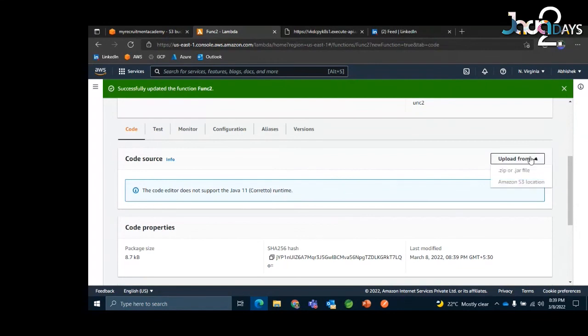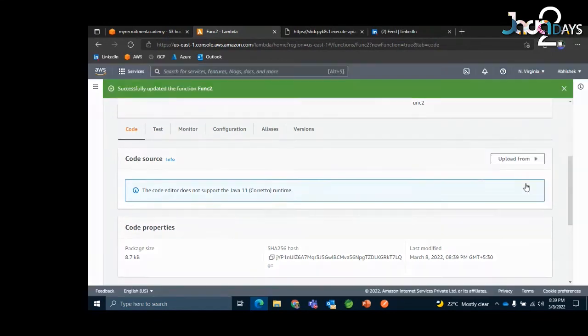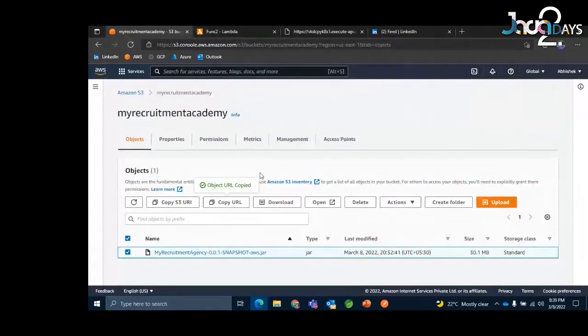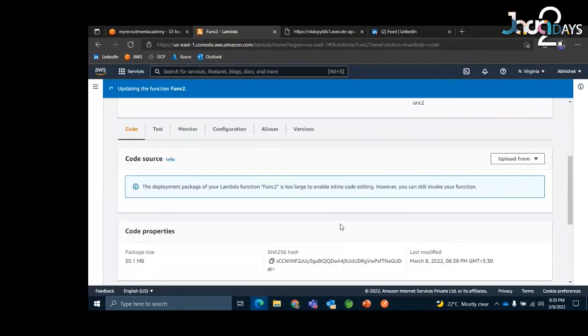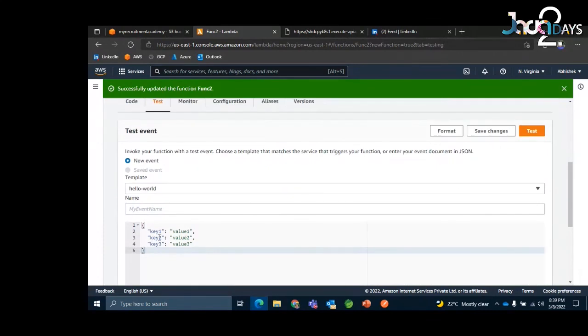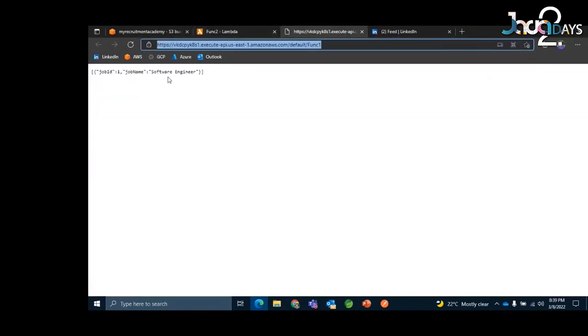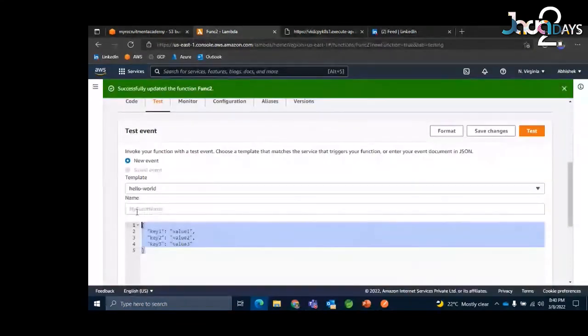Now let me reuse that from S3 again. That was the benefit of saving it in S3, that I don't need to upload it again and again. So there it goes. Here also you will see that this is a separate thing. Here also the first request is going to be a little slow, but let me take this input from here and change it as per my requirements.